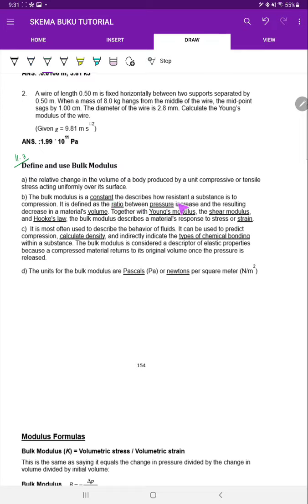They describe how resistant a substance is to compression. Okay, it is defined as the ratio of the pressure increase and the resulting decrease in a material volume. So kalau awak ada volume of an object, okay, stress awak apply in all direction, okay, over material volume. Okay, pressure yang awak apply lah,